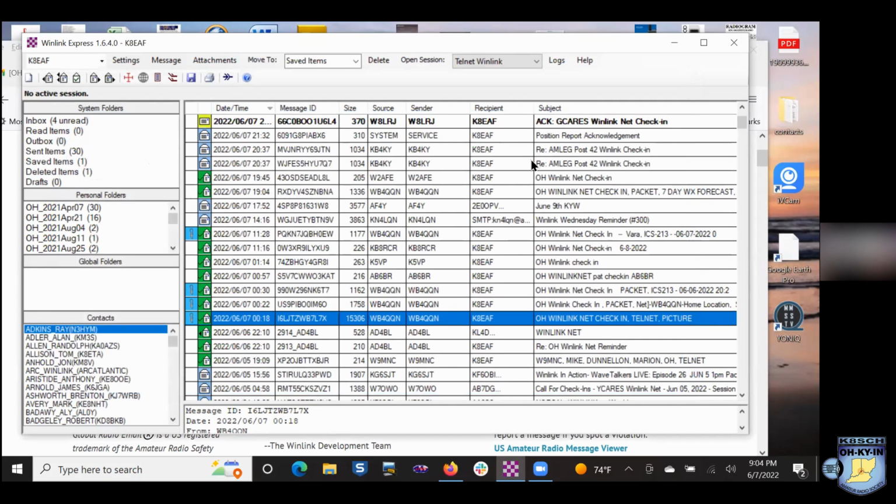Chezzy? Yeah. So I see the open session is Telnet Winlink. Where does the RF come into play? Where does radio come into play here? Okay. Am I jumping ahead? No, I'm just,